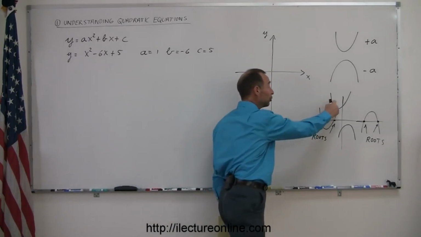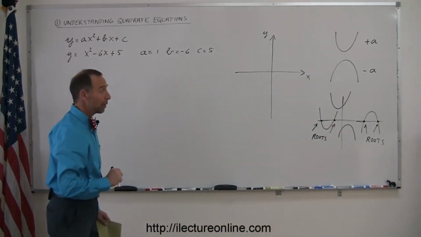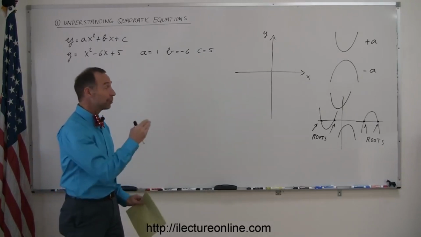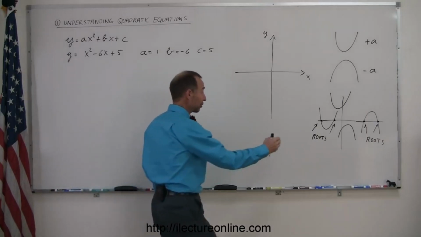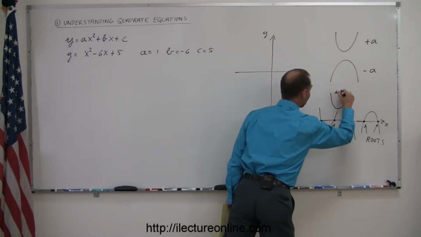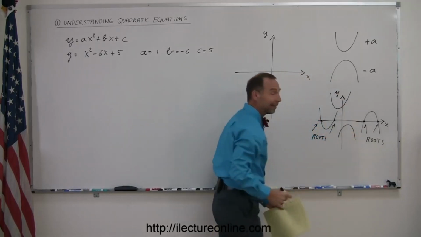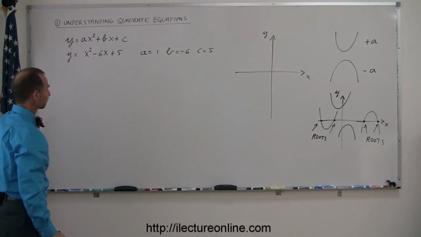Notice that these two do not have roots. So sometimes when they ask you to solve a quadratic equation, they're basically asking you to find the roots of the parabola. And of course, if the parabola does not cross the x-axis, like in this case or in this case, then there's no solution, there are no roots to the quadratic equation. All right,